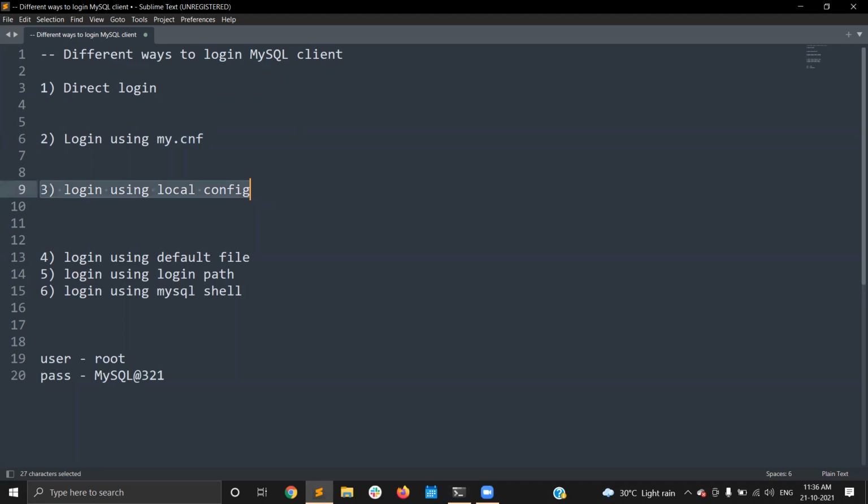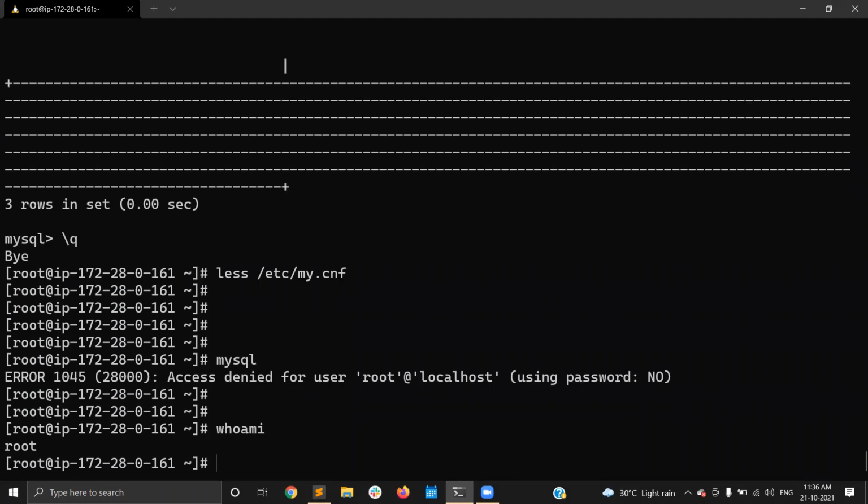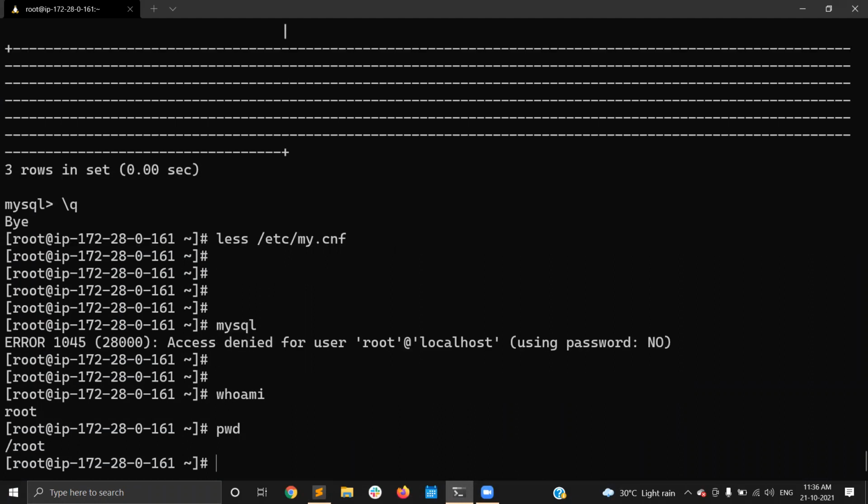using the local config. The local config means the MySQL config under the home directory, at the Linux level. Let me tell you who am I. I am root. So my home directory is /root, right? So yeah, I am already in /root.